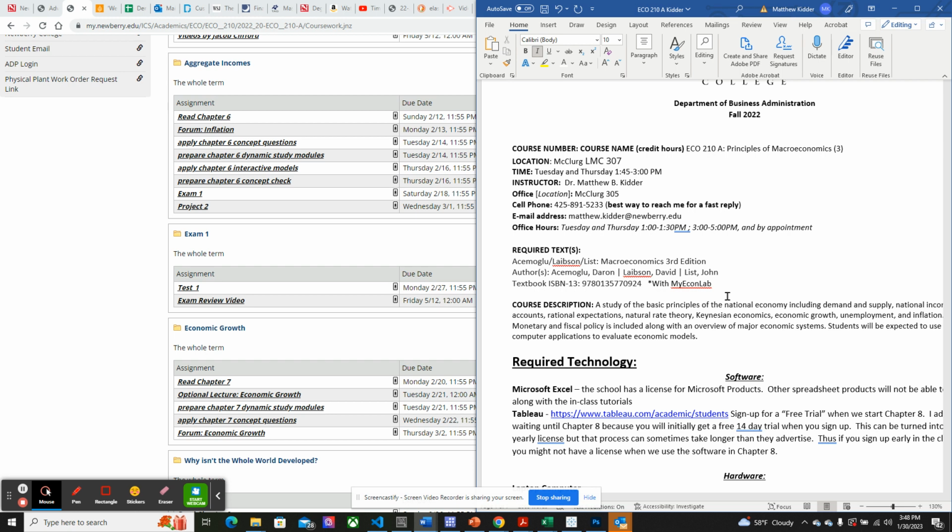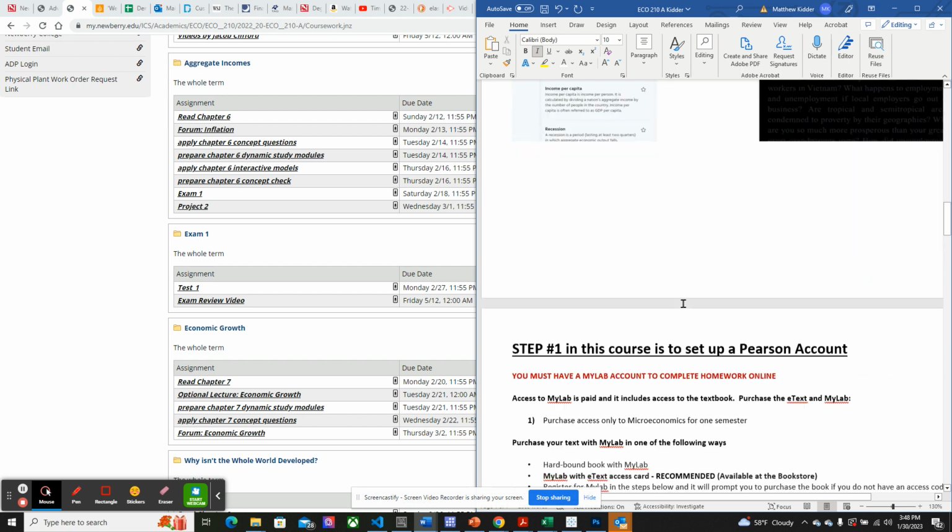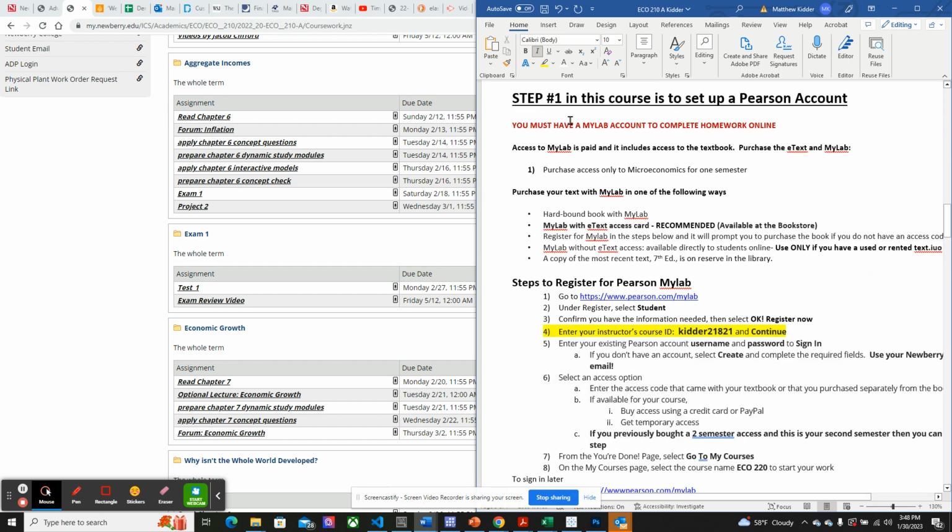Now, as far as the text, let me get to some of the details of the course. There's a procedure for how to actually get the text. You're going to need to get it either from the bookstore, or you can go online and purchase the text. And then you'll need this course ID in order to activate it.